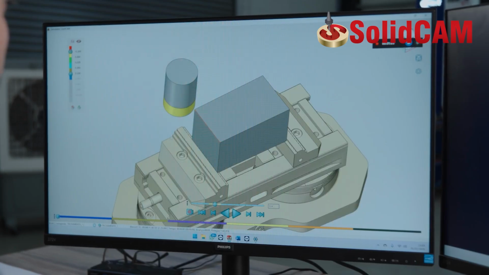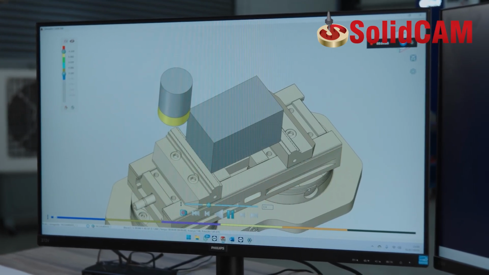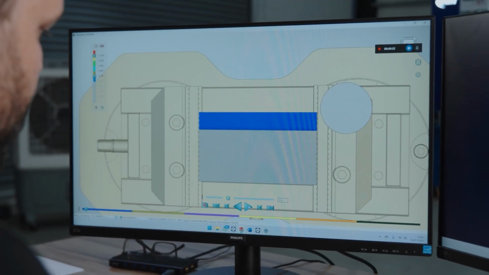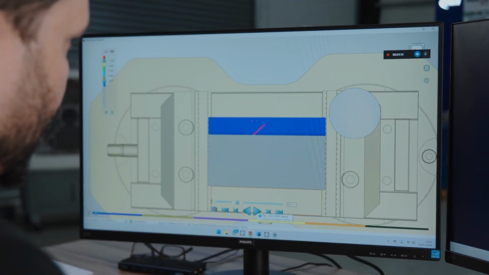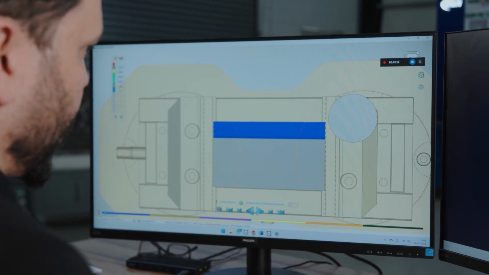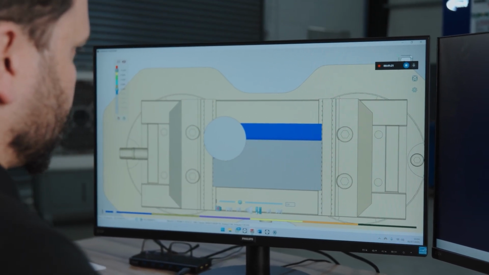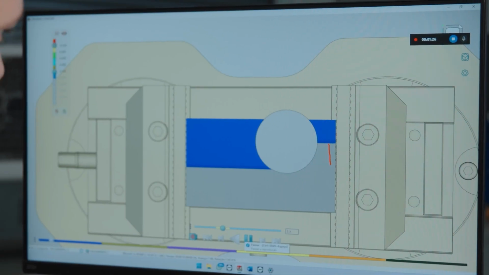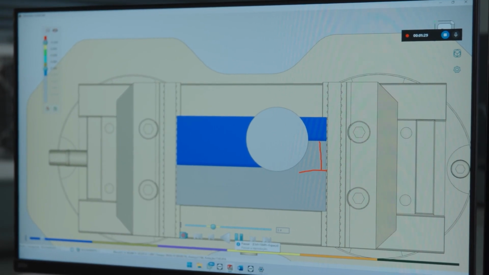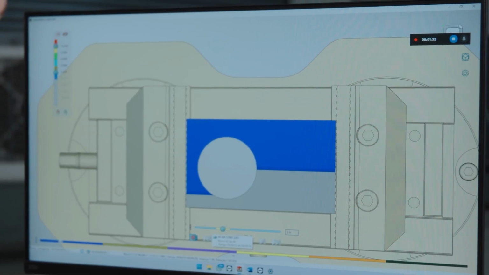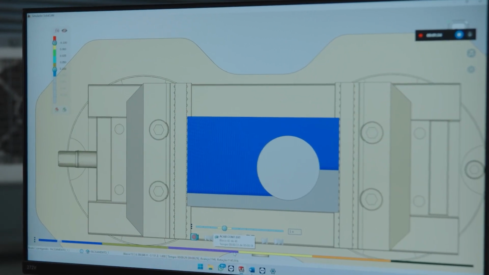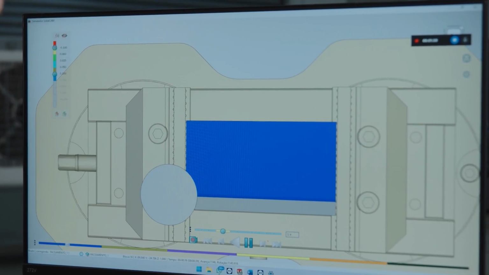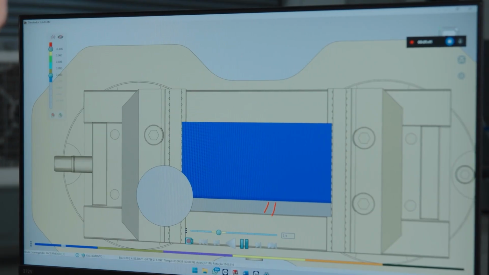I'm going to simulate a facing operation on a specific part, and I invite you to watch with me closely what happens during this facing process. In this first pass, I am removing material that is a little less than 50% of the entire tool's diameter. But in this second, more aggressive pass of the tool, I am removing a significantly greater amount of material. Here, I have an area that represents approximately 50% of the overall tool's capacity. The exact same phenomenon occurs during the third pass of the facing operation. However, in the fourth and final pass, I observe a very small facing area, indicating a precise and refined stage